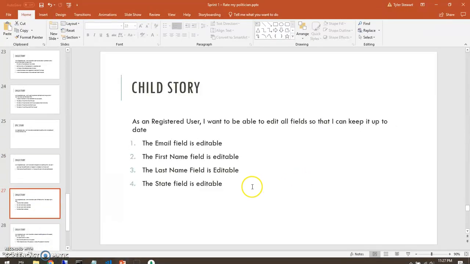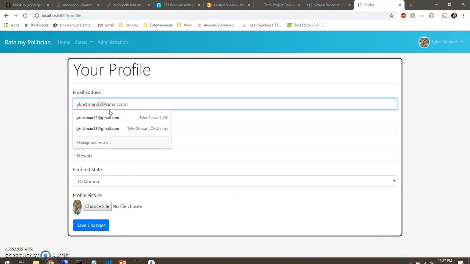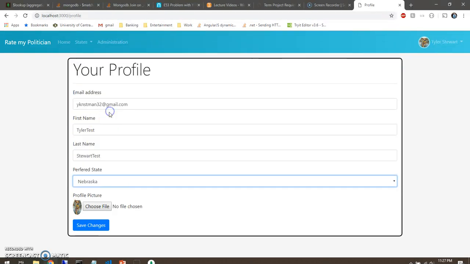As a registered user, I want to be able to edit all fields so I can keep it up to date. Acceptance criteria. The email field is editable. The first name field is editable. The last name field is editable. The state field is editable. So let's go here and let's change this to 2. And then,